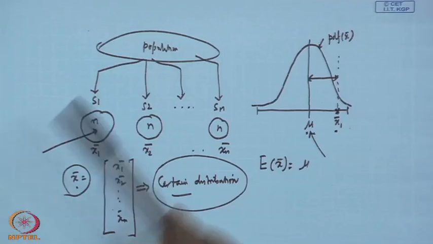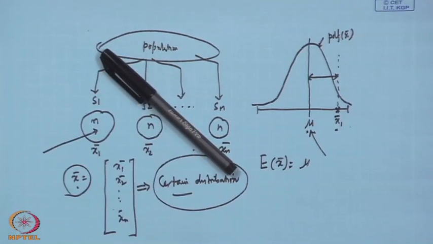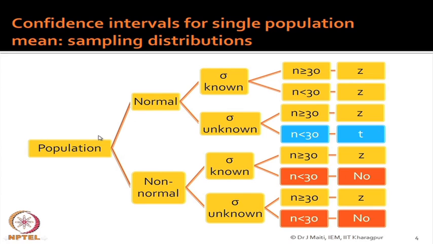Now, come back to the slide here. What will happen ultimately? Population can be normal and non-normal. Now, if you sample from a normal population with sigma known and sample size whether small or large, that is not a problem, not a question issue at all, then you will follow Z distribution. Then what quantity will follow Z distribution I will discuss, but please remember that if your population is normal and sigma is known irrespective of the sample size,